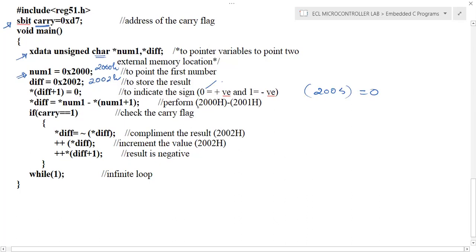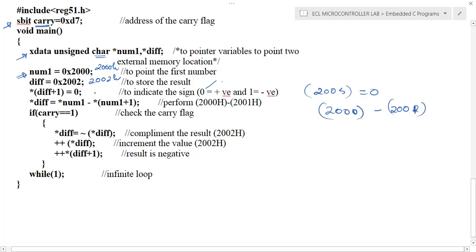And before performing the operation, we will assume that the result is positive. So that's why we are loading 2003 with 0. And next, we'll perform the subtraction operation. So we need to perform the subtraction operation, the content of 2000 minus 2001.